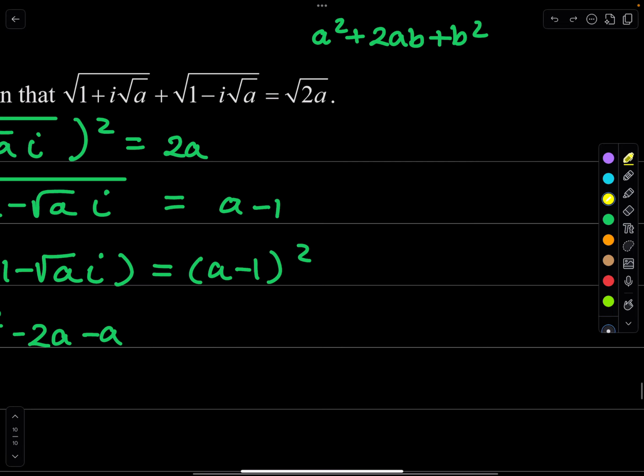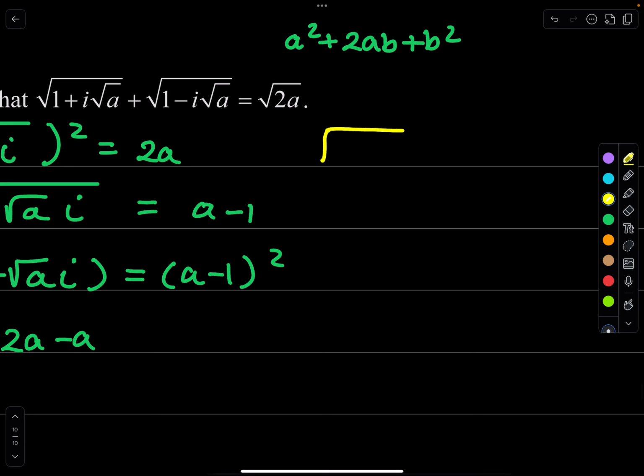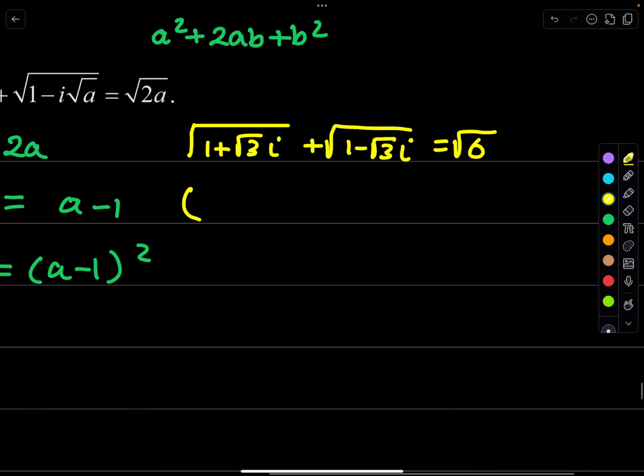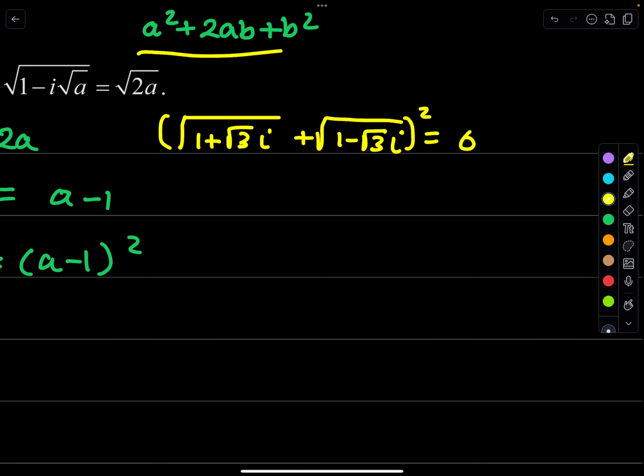So if I sub in a equals 3 in there, it's basically saying the square root of 1 plus root 3i, plus square root of 1 minus root 3i, equals root 6. Again, square both sides. So if I square this, and this 6, the square just cancels out. So again, the same formula I'm going to use here. So it's going to be 1 plus root 3i, plus 2,